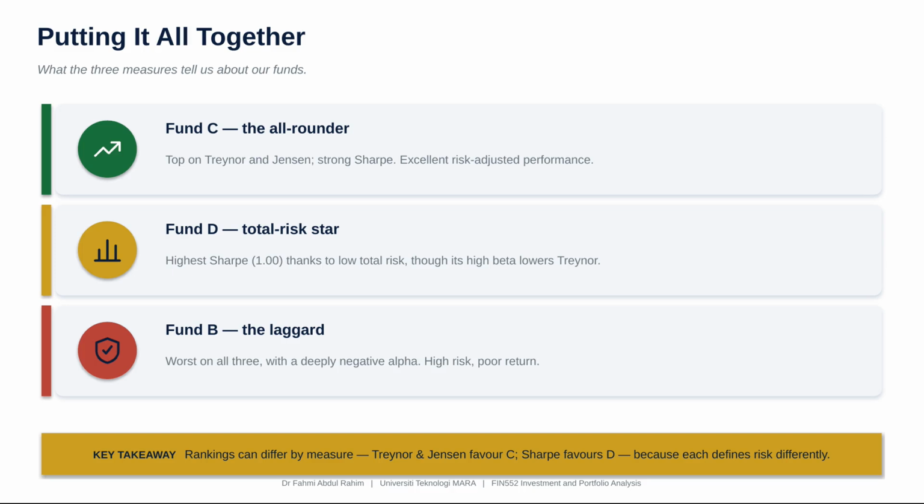Let us pull together what the three measures told us about our funds. The big lesson of this chapter is here. The measures do not all crown the same winner, and that is not a contradiction. It is because each defines risk differently. Look at Fund